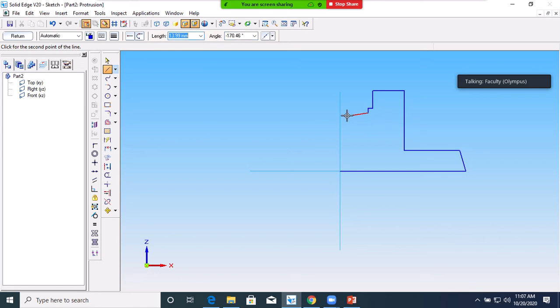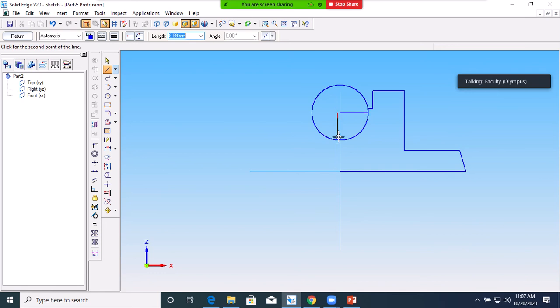Then to get the center of the semicircle, you just extend this line till it will be 19 mm. Once you draw this, draw a circle from this center with 19 mm radius, that will be 38 mm diameter. Draw this circle.